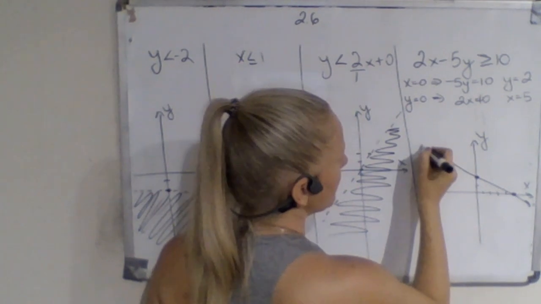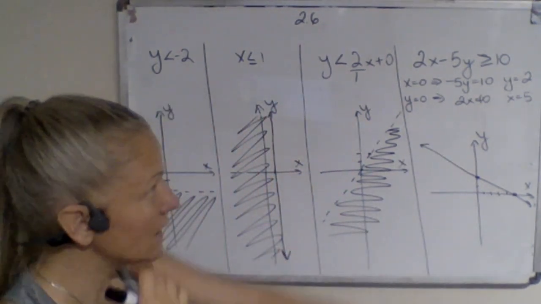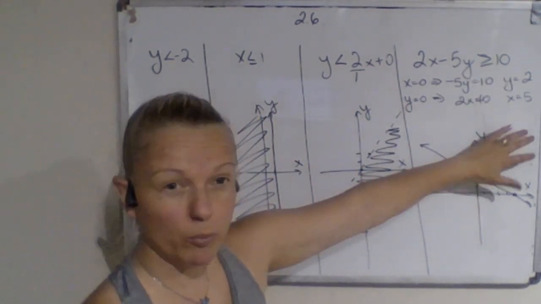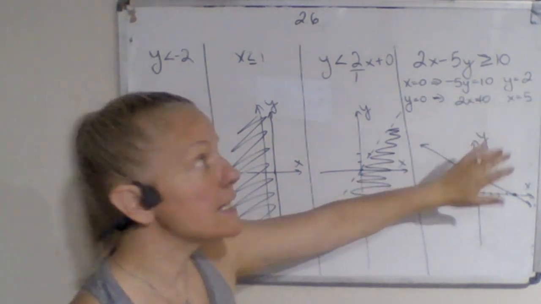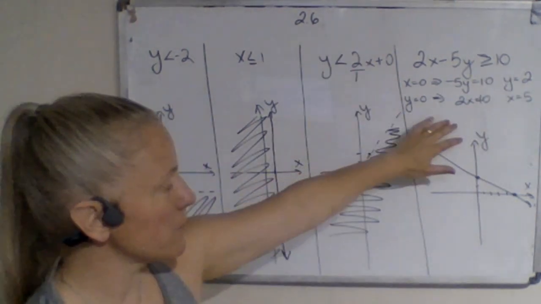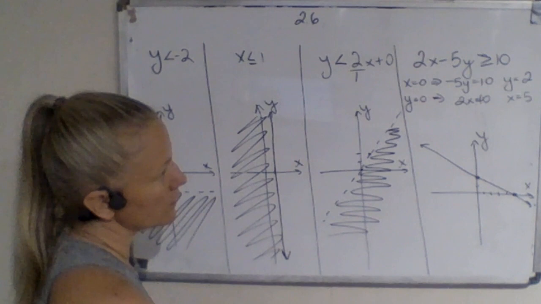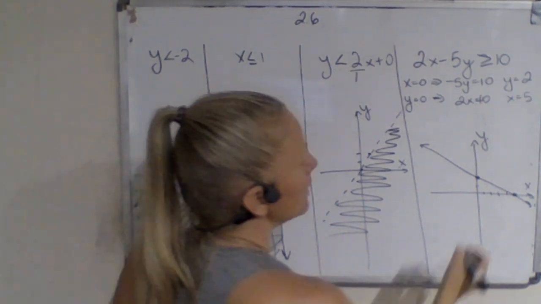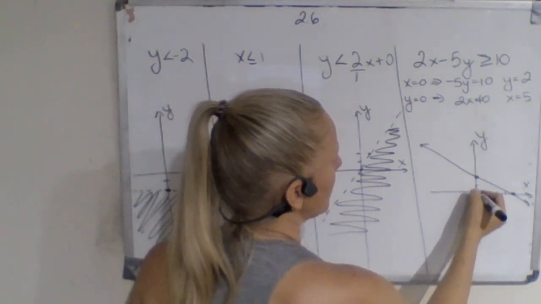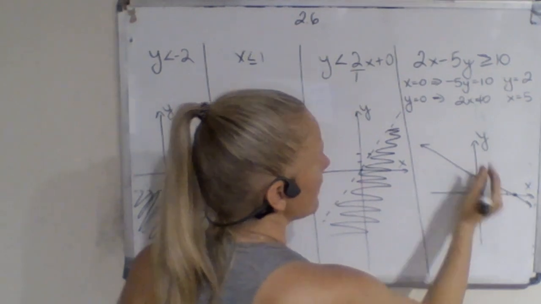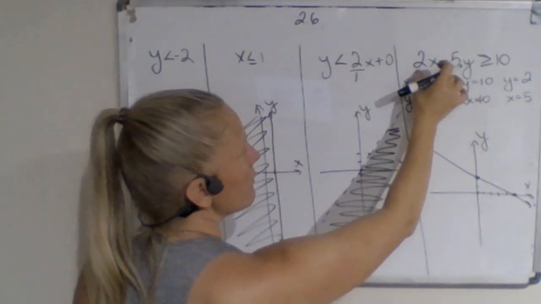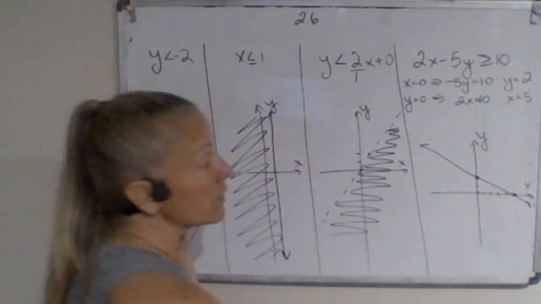And the key would be now, where do we shade? If we start thinking this is greater than and we shade on the top, this will be tricky because this is not in the y equals mx plus b form. This is a standard form. So we want to guess. We want to know, okay, what if I'm picking the point 0, 0? If I plug it in there, would that value be greater than,